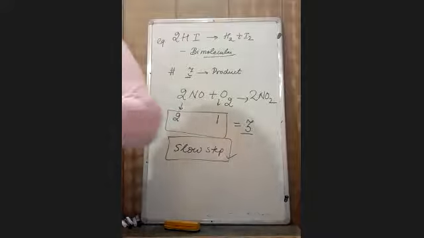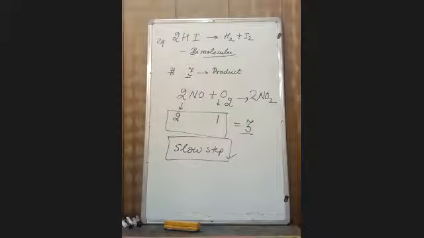Now last, in conclusion, I am telling you the difference between order and molecularity of a reaction. The first main point of difference is that order of a reaction is a practical concept, and molecularity of a reaction is a theoretical concept. Order of a reaction can be applicable to elementary as well as complex reactions. But in a complex reaction, molecularity has no meaning. It is only applicable for elementary reactions.